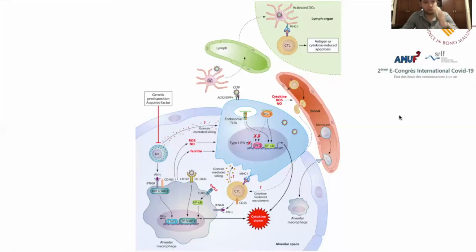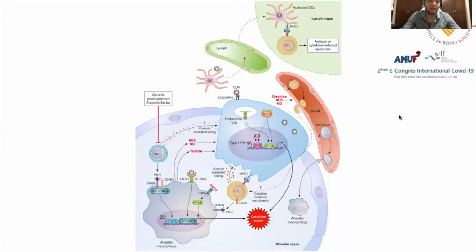A dendritic cell presents the antigen peptide to a CD8 cell in a lymphoid organ. Now the CD8 kills infected cells by releasing granules, such as perforin and granzyme. Also, CD8s release interferon gamma, and CXCL10 for the CD8 migration. Alveolar macrophages and recruited macrophages get accumulated in the microvasculature of the lung. Due to the accumulation of the immune cells, the alveolar capillary membrane gets thicker, making the gas exchange harder.